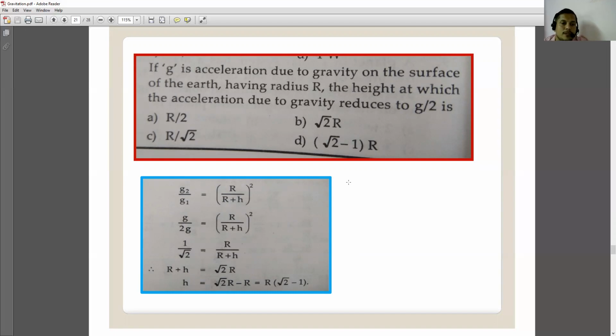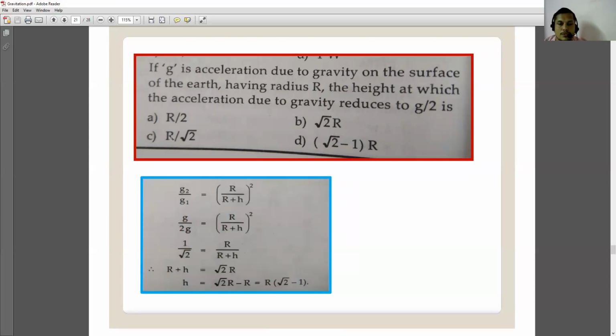So we know the relation g2 by g1 is nothing but (R divided by R plus h) squared. So here we know the relation, that is g divided by 2g, which is equal to (R divided by R plus h) squared. If we remove the square, then what happens here? 1 upon under root 2, g cancels each other, equal to R divided by R plus h. If we solve and simplify this, then we get h is equal to R in bracket under root 2 minus 1. So that is one of the options, that is R (under root 2 minus 1). So by considering this equation, we can solve